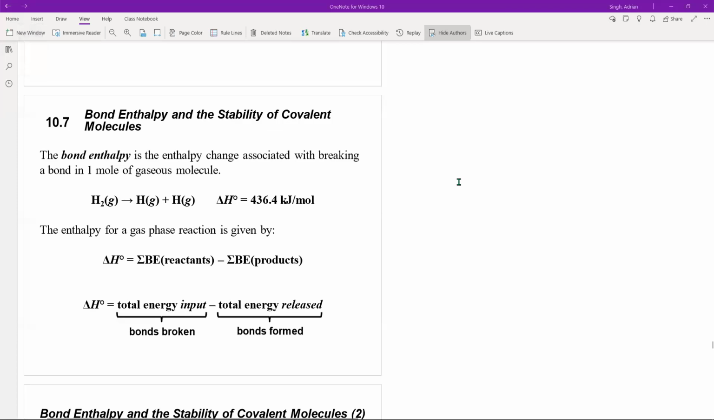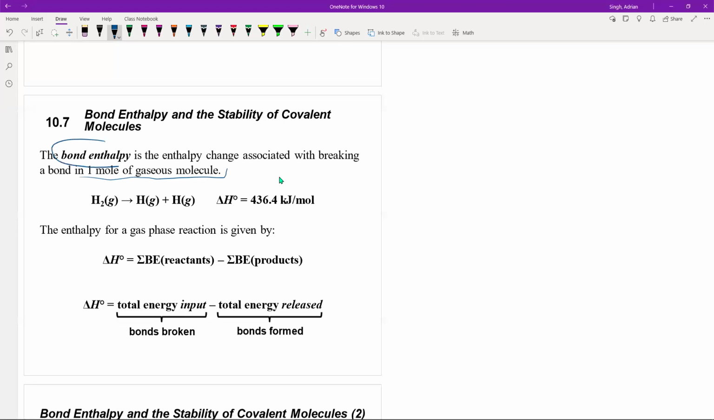All right, so now we're going to take a look at another way by which we can calculate the enthalpy change for a reaction, and this is by using something known as the bond enthalpy, which we describe as the enthalpy change that's associated when we break a bond in 1 mole of a molecule in the gas phase, right? So the energy or the enthalpy specifically needed